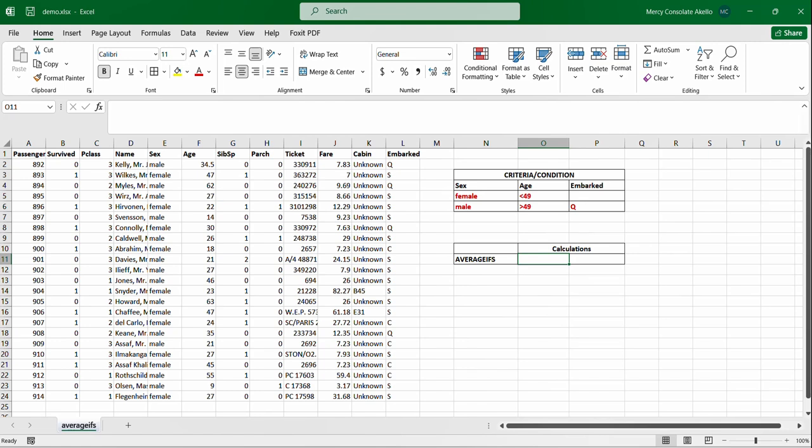Let's get started. The AVERAGEIFS function allows you to calculate the arithmetic mean of certain values based on two or more criteria or conditions. So with this data, assuming we want to calculate the average fare of all females who are under the age of 49 years old, what you're going to do is go to the cell where you want your value located,